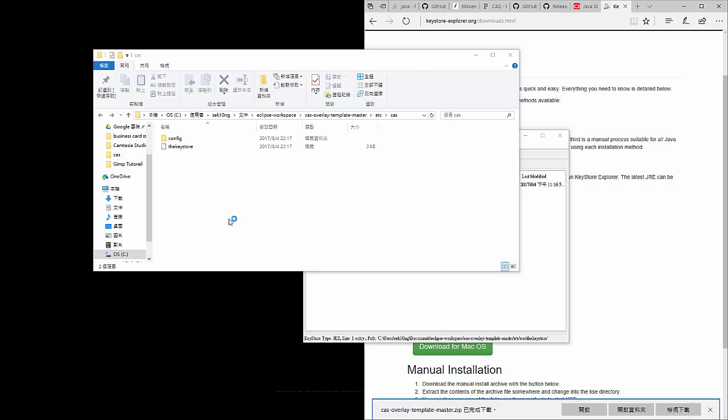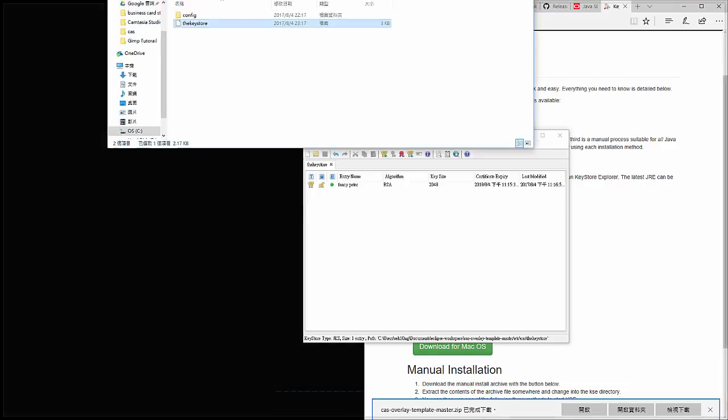And now if you follow my thing, you will see that, let me show you, the error still exists. This is because of an error of mine, because the key store cannot be put inside this etc cas. It is actually put inside here. Let me show you.